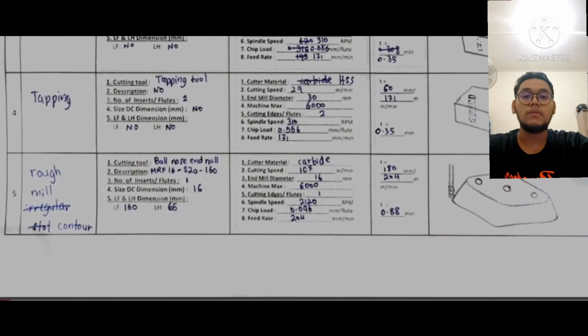I choose part 1, which is a milling process, and the step that I choose to explain is step 5, which is the rough mill. For the cutting tool, I choose the ball nose end mill, and the reason I choose this type of cutting tool is because the design of the cutting tool is suitable for the shape that we want to make, which is an irregular shape. Okay, for the description for part B, it is MRF